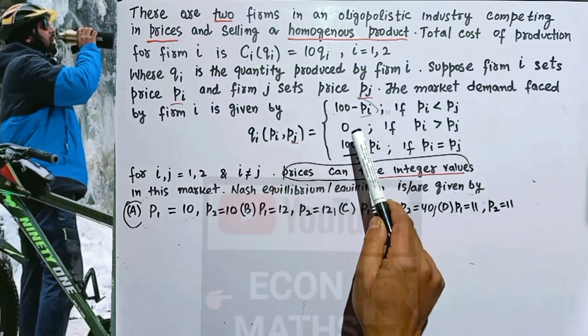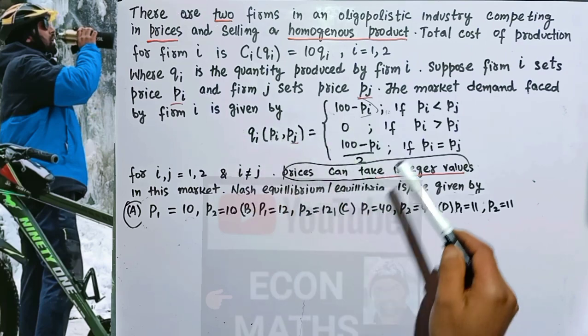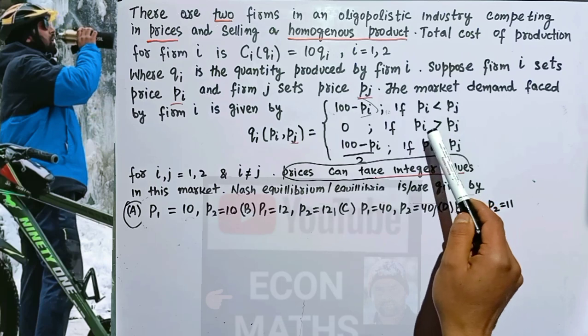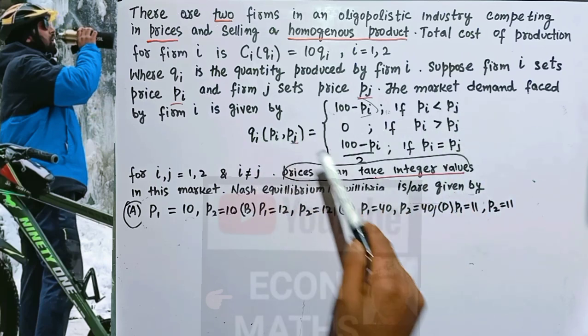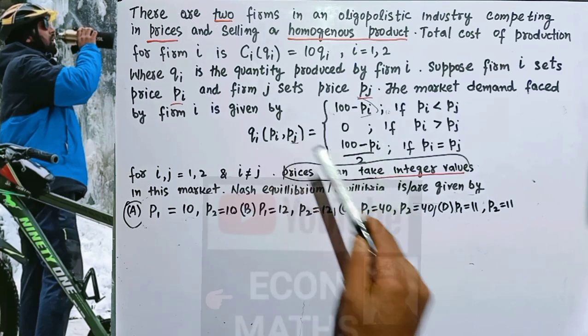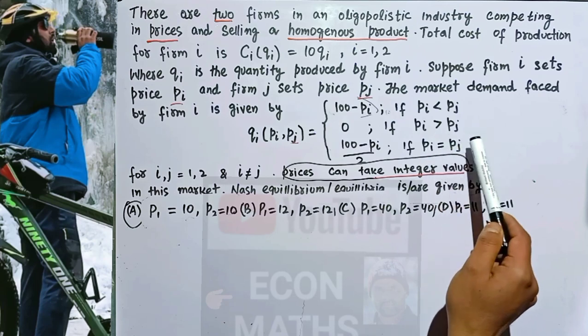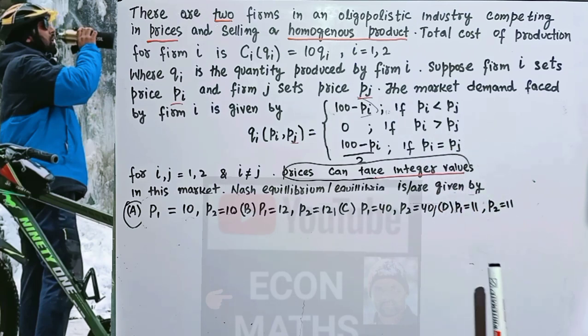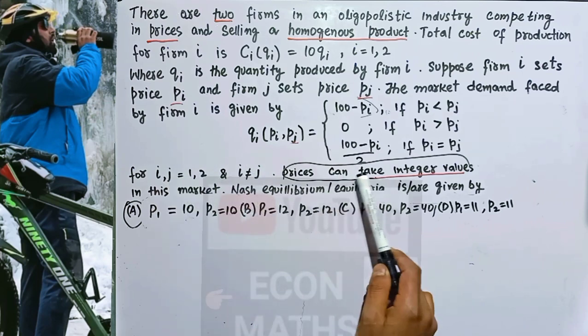Otherwise Q_I will be equal to 0. That means firm I will get 0 share of the market if firm I charges a price greater than firm J, and Q_I will be equal to (100 - P_I)/2. That means firms will split the market if the price charged by firm I is exactly equal to the price charged by firm J. For I, J equal to 1, 2 and I not equal to J, prices can take